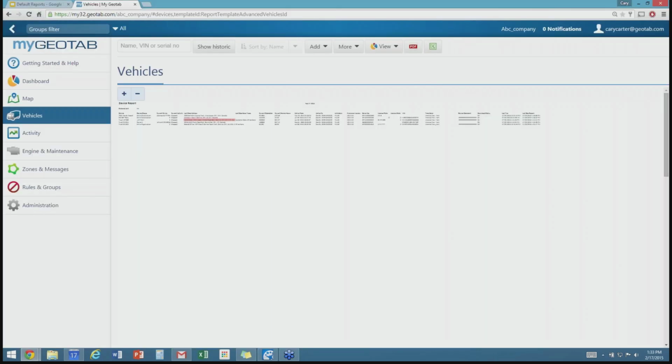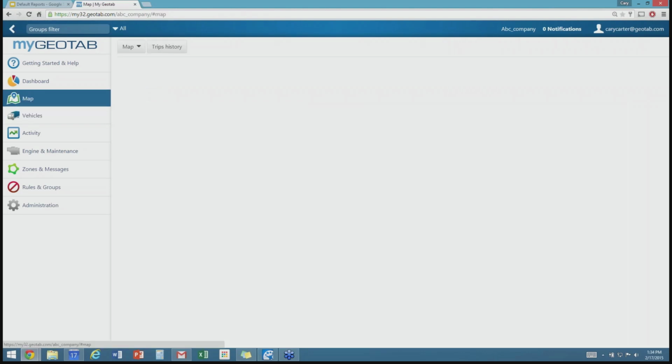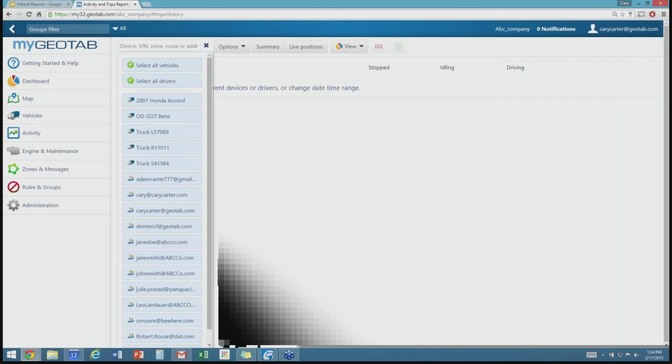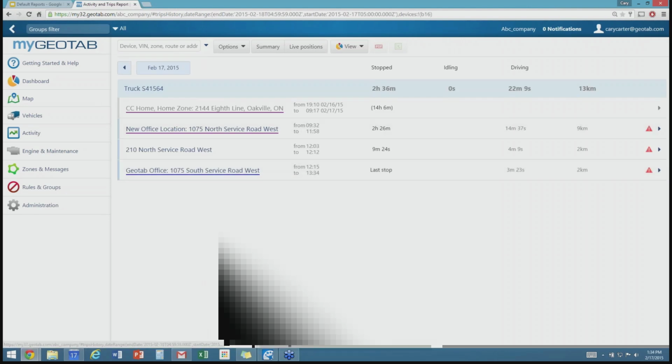If you are looking for something, you can come into the Data tab and see what else is there. All right, I'm going to take a look now inside the trips history report to show you again something that is identifiable to many people that you don't realize it's there unless you go looking for it. All right, inside your map, and if I take a look inside my trip history, and I'm going to select one vehicle here,